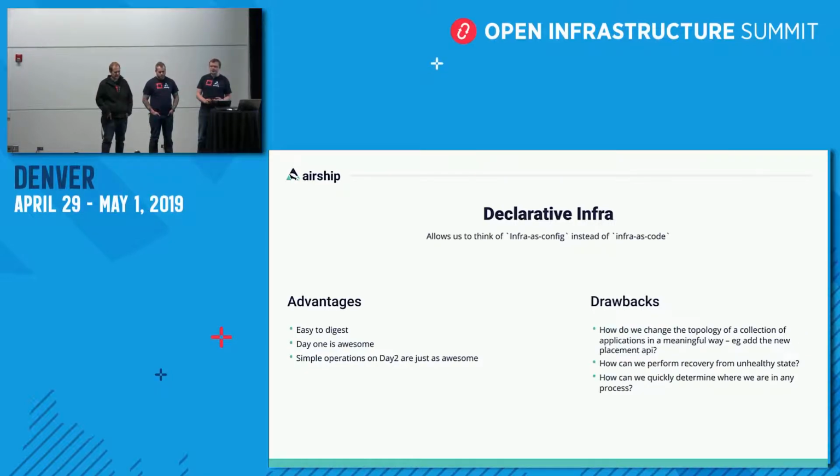Essentially, if we're trying to make a really deep and meaningful change to the way our infrastructure is laid out, which could potentially be as simple as adding something like the new Nova placement API, or removing other services from where we are, then it gets pretty hard to orchestrate without some sort of conditional logic or branching structure in place. Additionally, it can be pretty tricky for us to dynamically insert logic that allows us to recover from an unhealthy state, where we might end up with a series of mops building up that allow us to perform actions on the site.